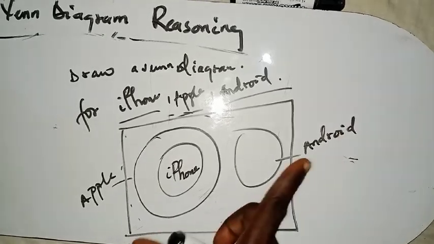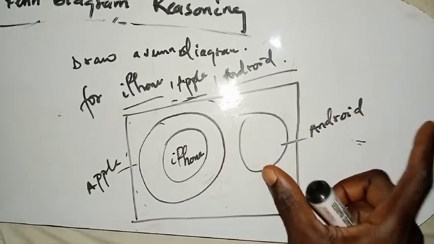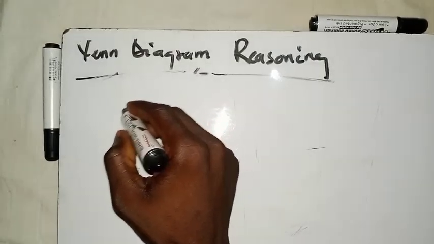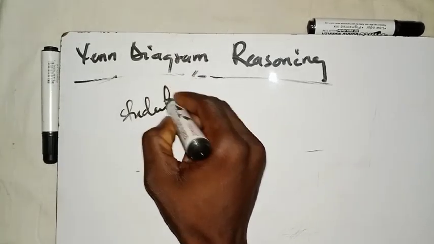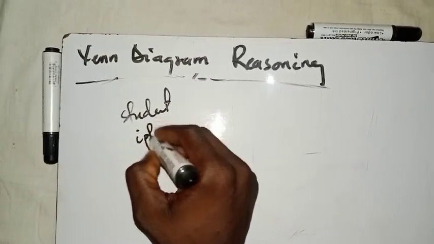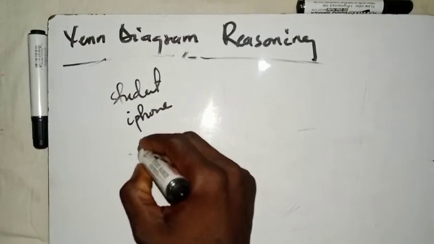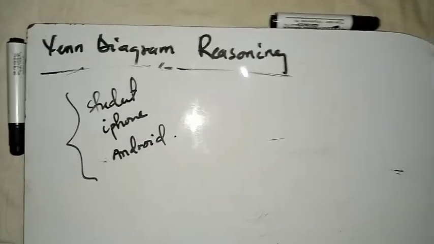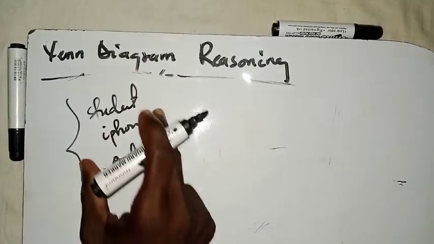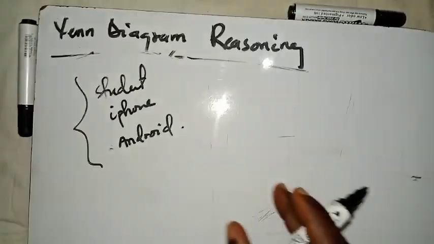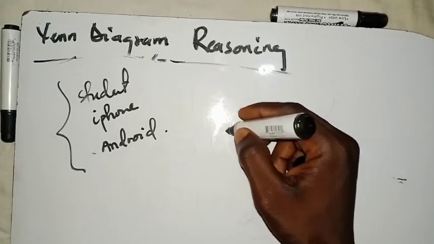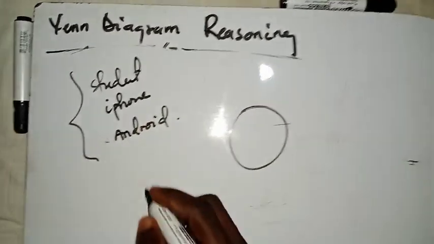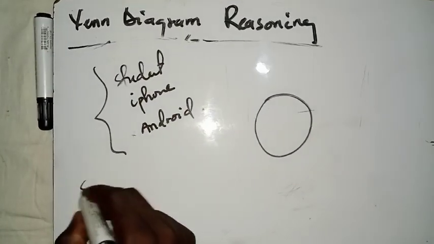So what will happen if they overlap? Let's see this question. Now assume you want to draw for students, iPhone users, and as well Android users. This is something we want to draw for these three items. Once again, you want to see the relationship that they have. Now this is how it should be. If you have the set of the students here, let's make a very clear understanding. If you are a student here,